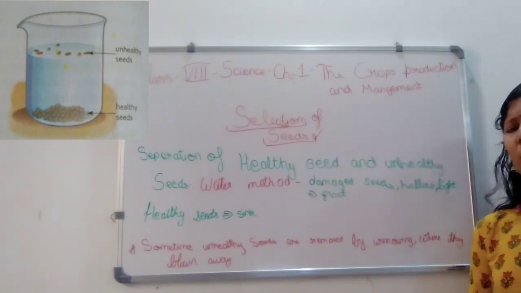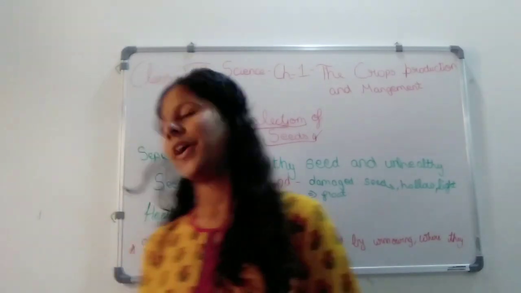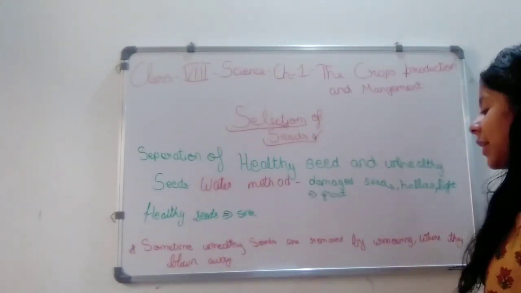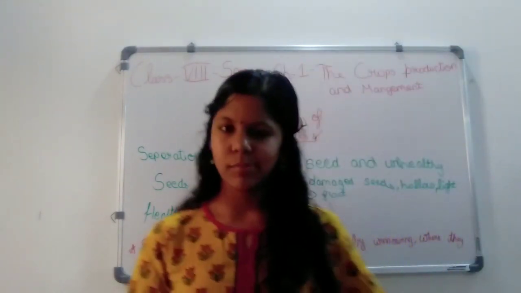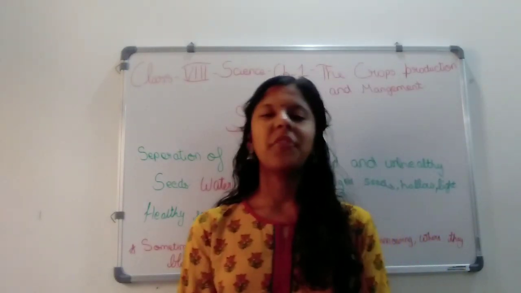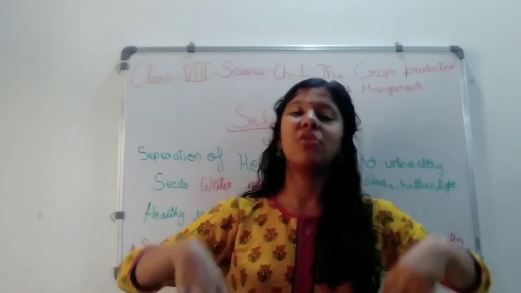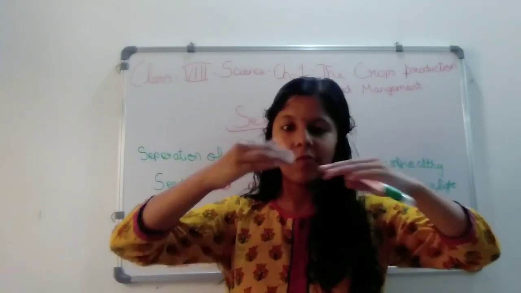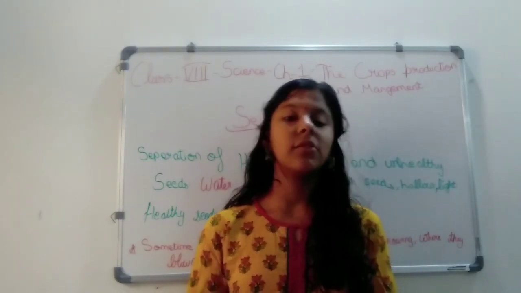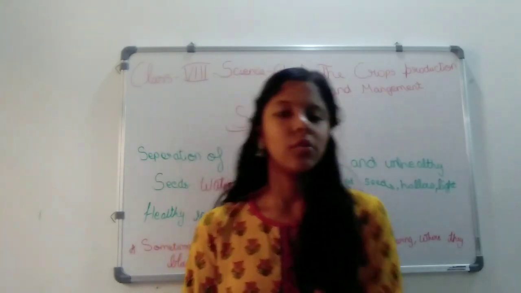So now ये आपका बस एक मेथड है, मैंने तो दो मेथड बोले थे, तो दूसरा मेथड आपका होगा: sometimes unhealthy seeds are removed by winnowing where they are blown away. अब मैंने इसमें पूरा सेंटेंस लिखा, I will tell you the sentence. फार्मर्स को मतलब कि वो हेल्दी सीड सिंक होना चाहिए और वो अनहेल्दी सीड्स फ्लोट करना है, और they don't have any time to do it. उनको बहुत सारे काम है, और भी we have only 5 steps. तो क्या करते हैं,